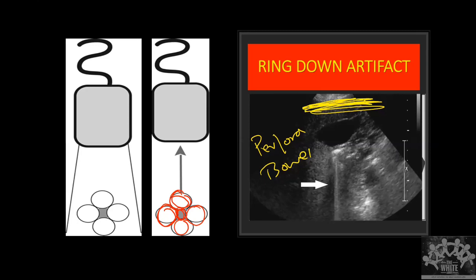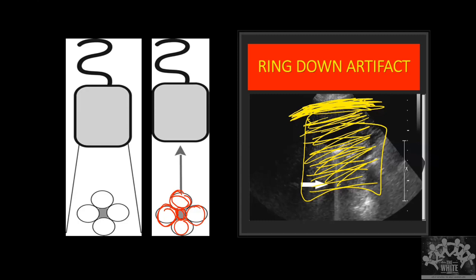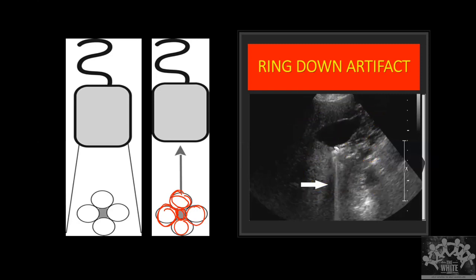Now if I see a bright line here, what do I see deeper to it? What do I see in this area? I'm talking about perforation. It will look all bright. Can I see any organs? No, I can't see organs. Good. So whenever there is perforation, this is how the image looks. So that's how we confirm that this is not a perforation. This is some bubble there. That's one thing to identify.